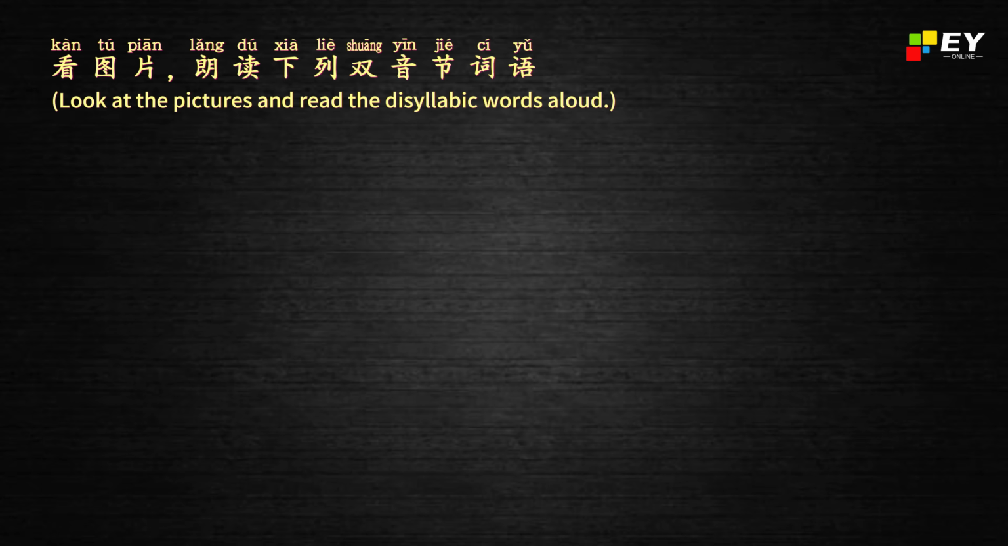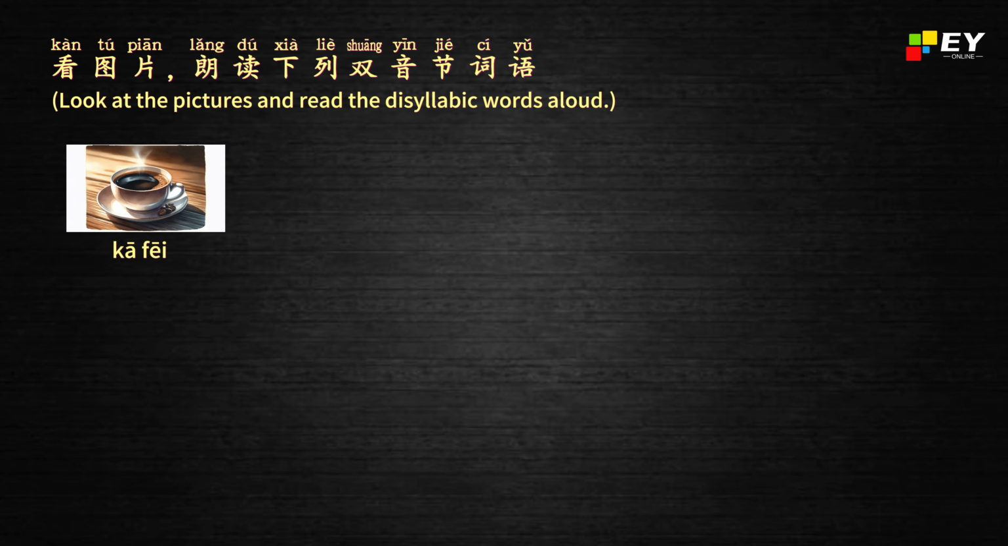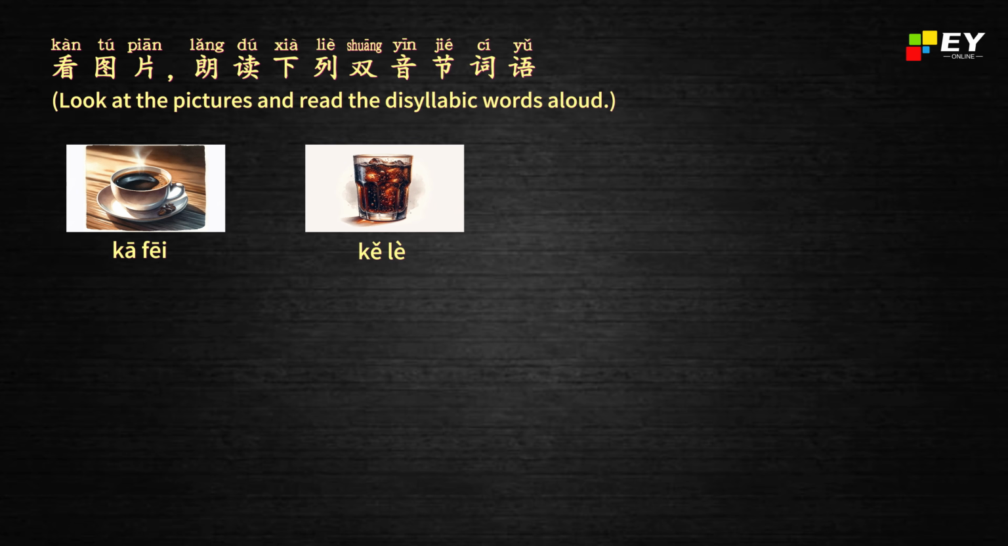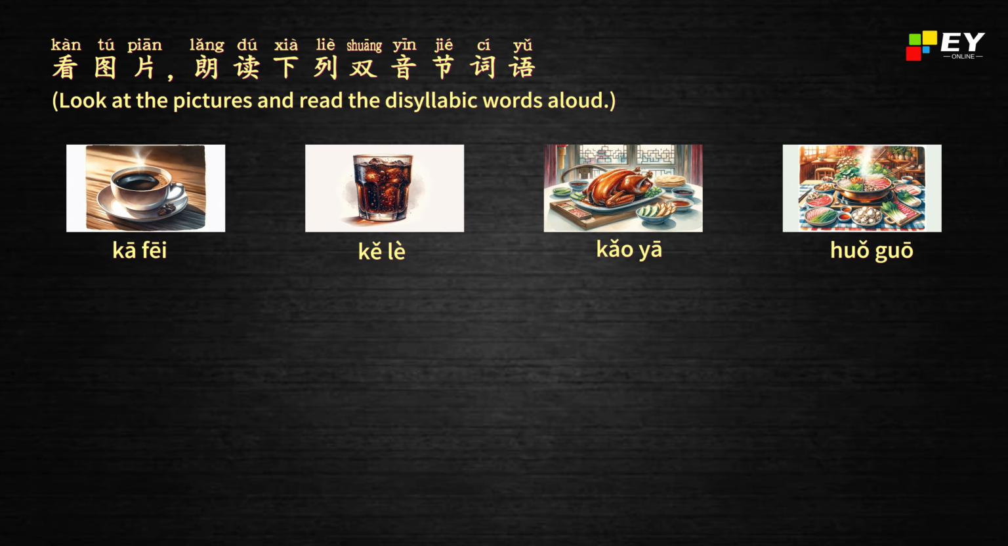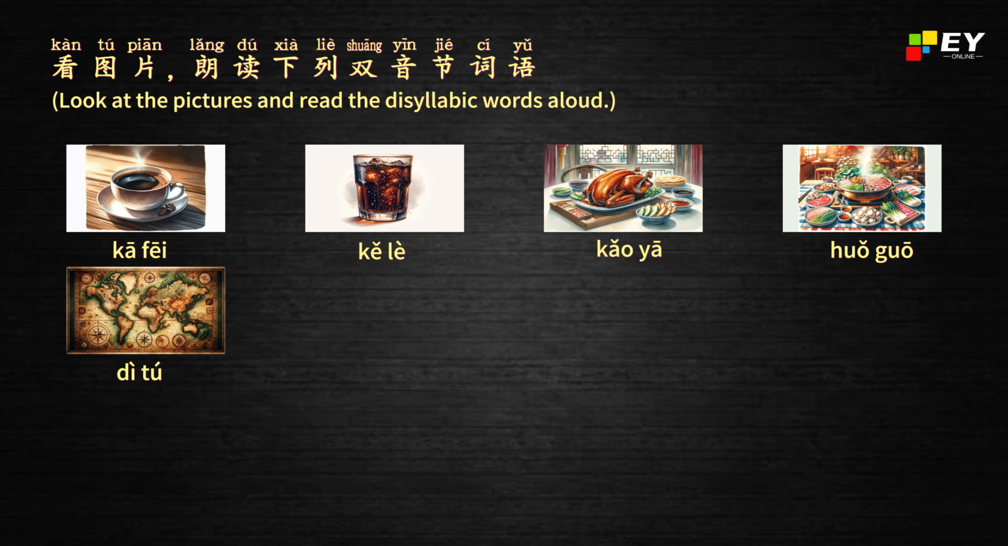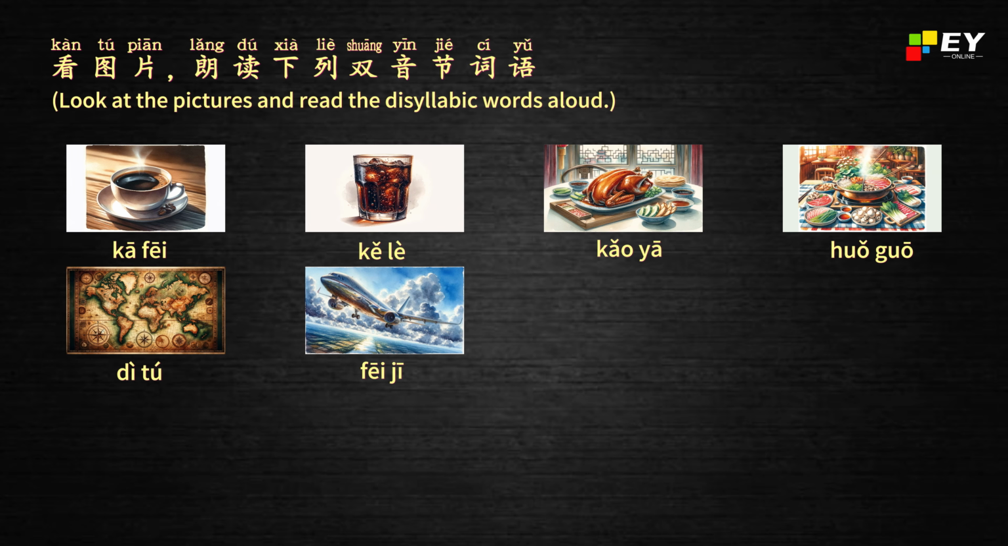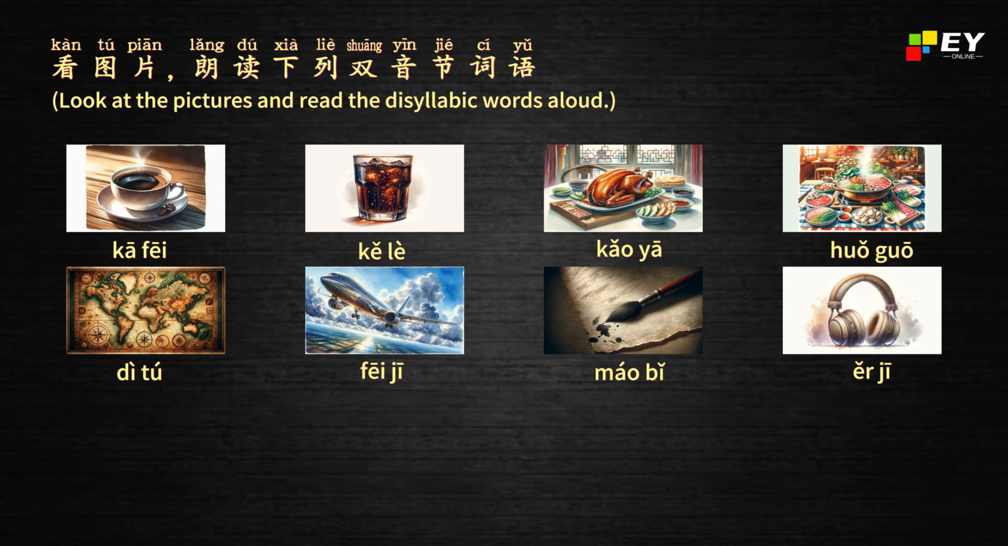Look at the pictures and read the dissyllabic words aloud. 咖啡、可乐、烤鸭、火锅、地图、飞机、毛笔、耳机。